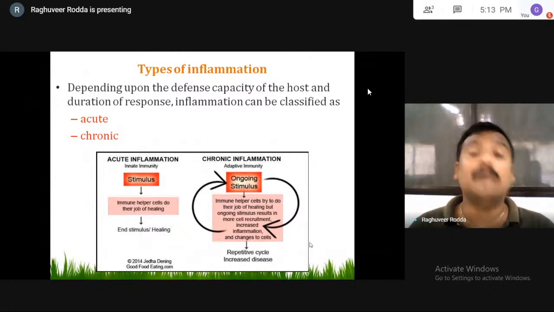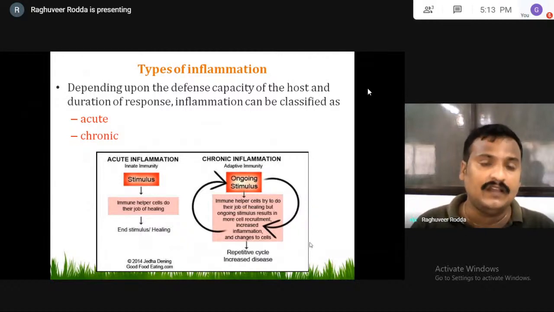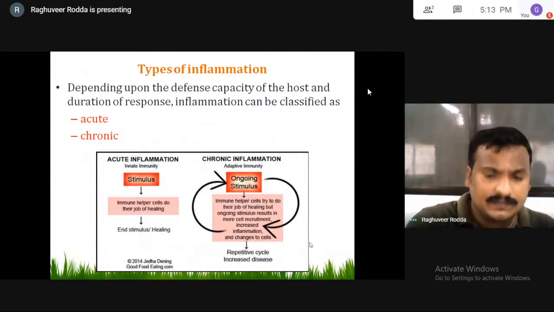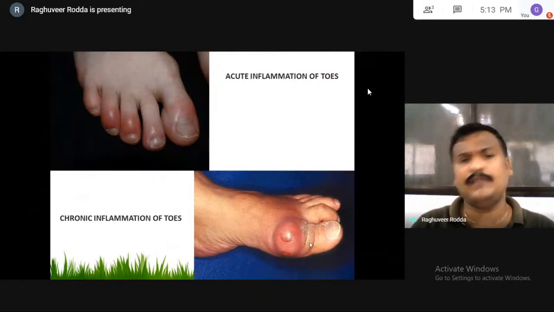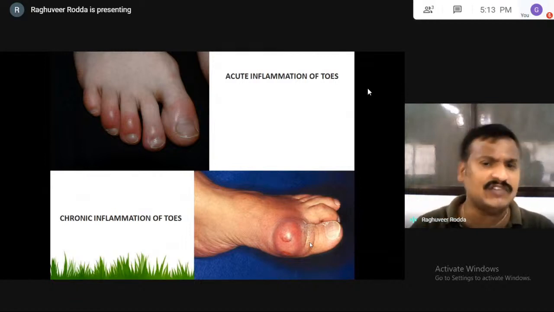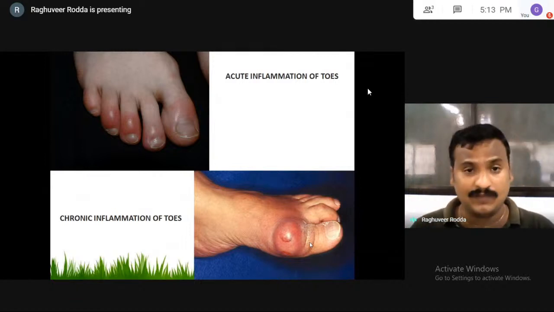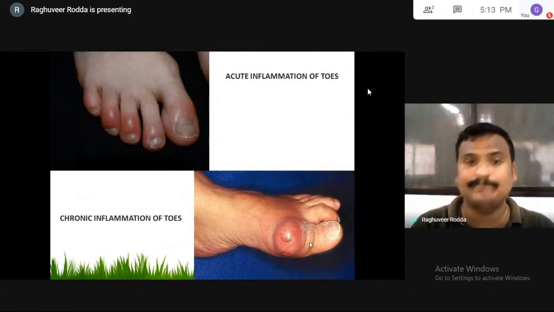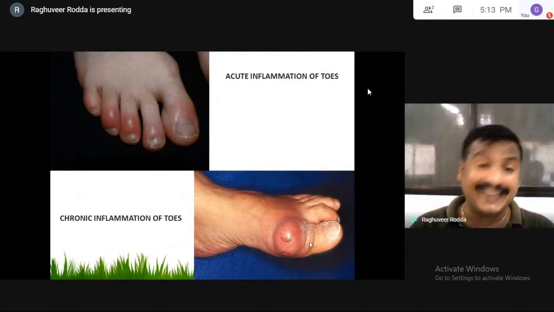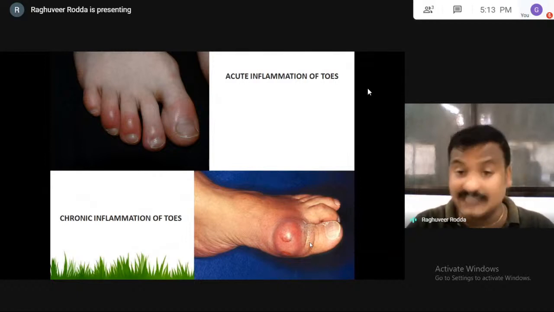So inflammation is a protective activity. These are some images which give an idea about acute and chronic inflammation. Redness and swelling are very common signs observed in the acute type, which is the innate response, the response of the immunity by producing antibody against the new antigen.